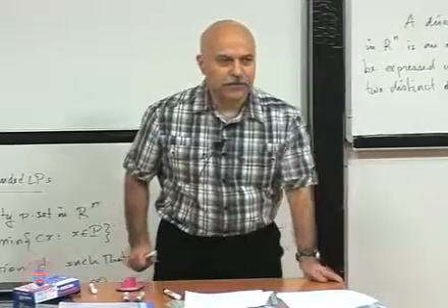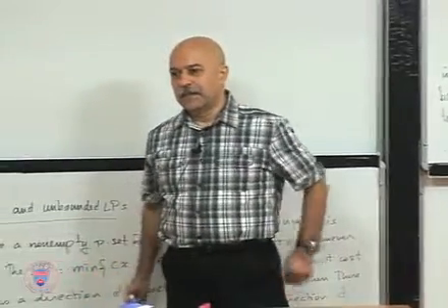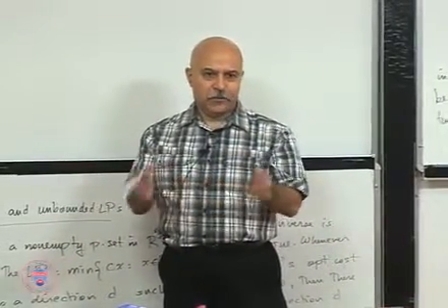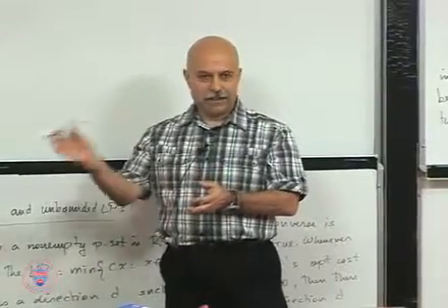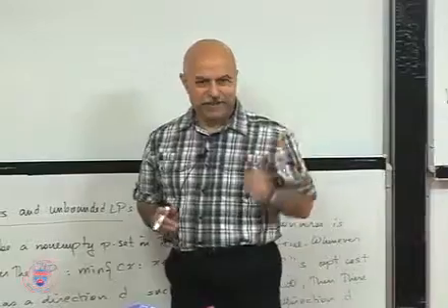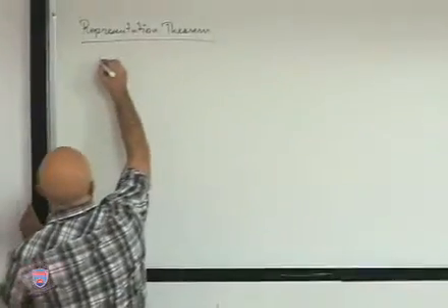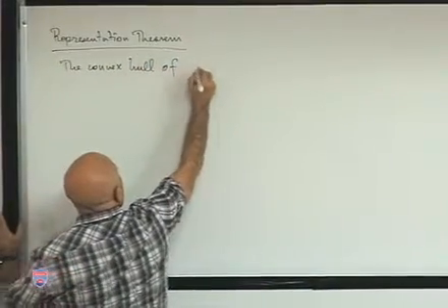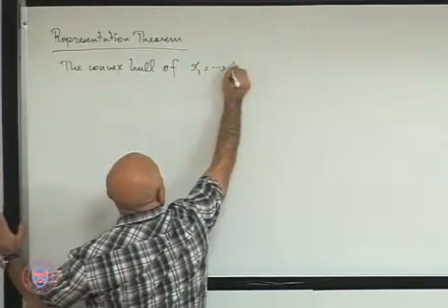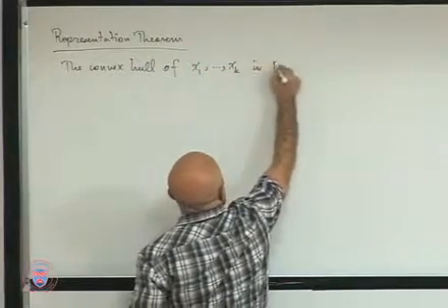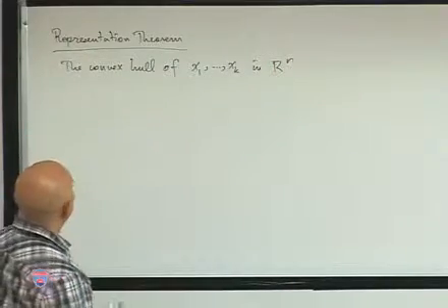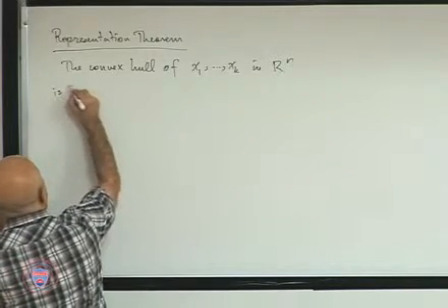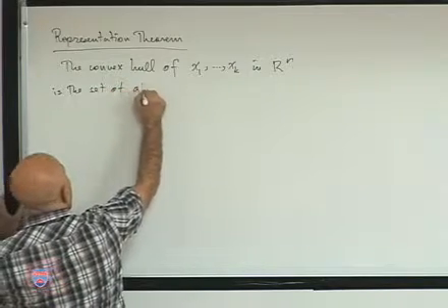Well, let's not go into the infinite set. You can always define it to be the intersection of all convex sets that contain these points. In that case, of course, you have infinitely many convex sets, but let's not go into that. Let's just go with the simple case. The convex hull of a bunch of points, say x1 through xk, in Rn. All of these are n-dimensional vectors. The convex hull of x1 through xk in Rn is the set of all convex